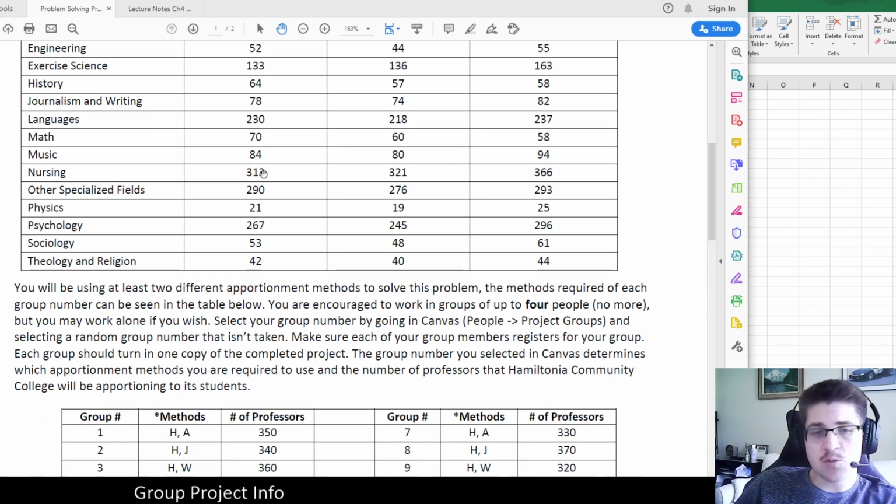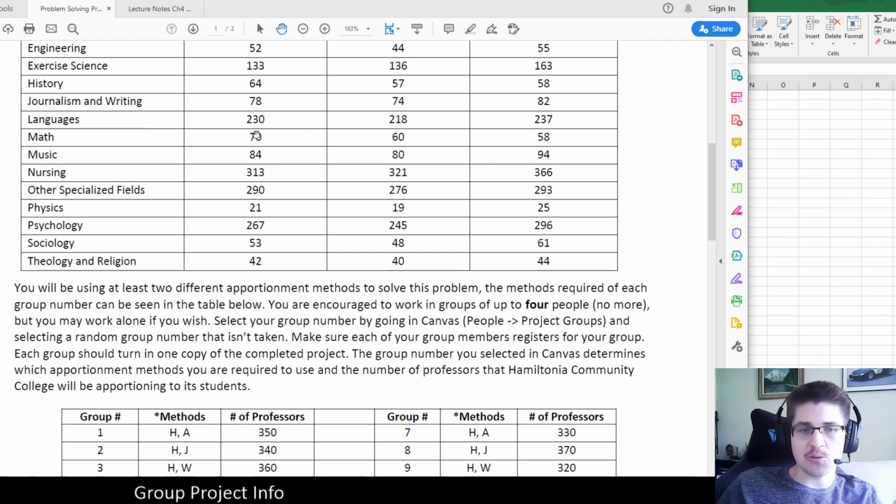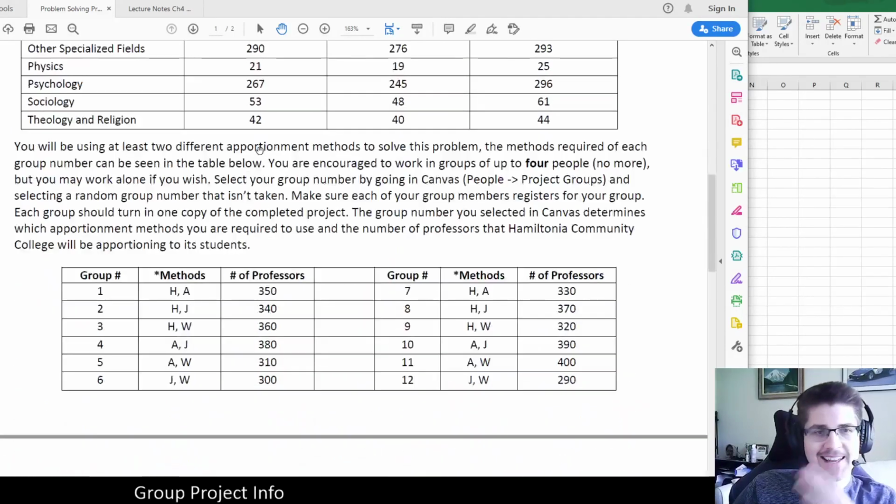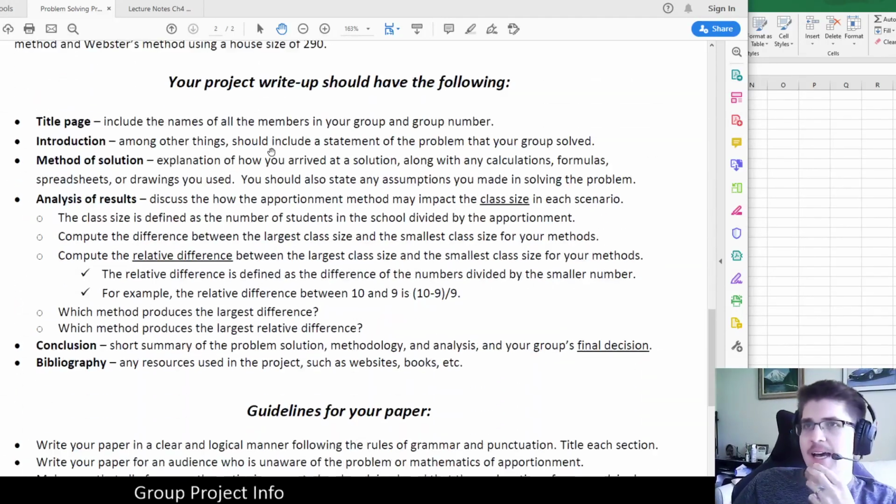But you could do all this work by hand by making tables and then just take a picture and uploading that to your project as well. So how you show your solutions is up to you. Because there are quite a few departments and the data is pretty large. But anyways, in addition to actually solving the apportionment, the main component of this project is the write-up